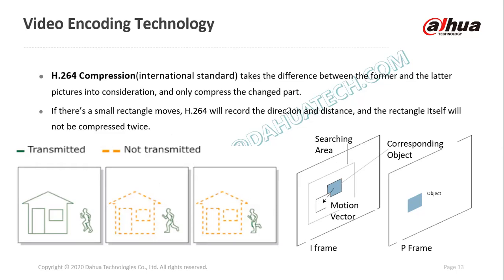H264 will basically eliminate the constant aspects of a video. For example, in a video with a lot of frames, it will learn from the initial frame that the house is not moving. So it will eliminate this information in the different frames,